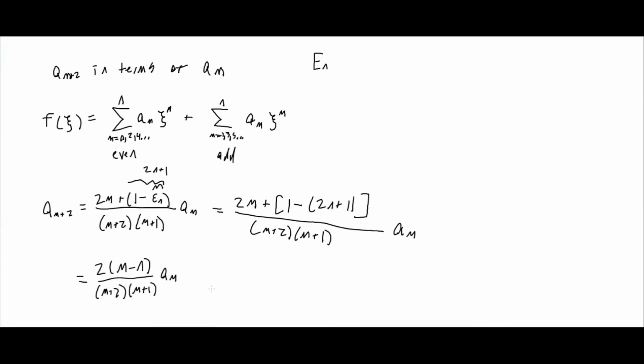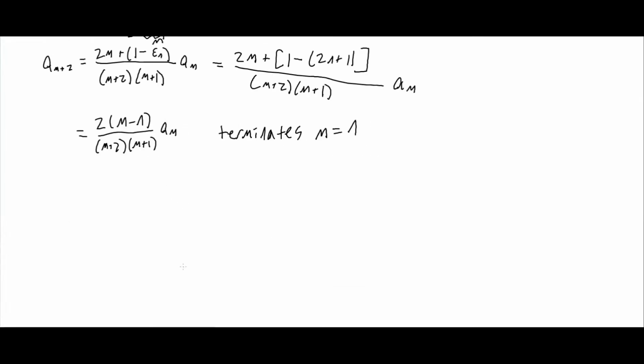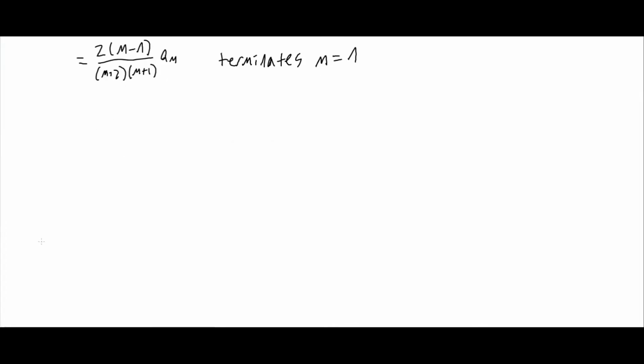So this tells us that this terminates, and when I say terminates, I mean it stops being a power series and becomes a polynomial when m is equal to n. And we can see why that would be the case, because if m is equal to n, then this becomes 0, and the next a sub m plus 2 will be 0, and that's where the power series terminates. And so if we use this recurrence relation to calculate using the different n's,